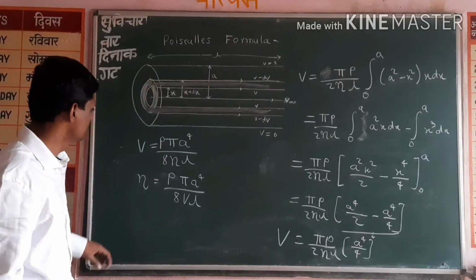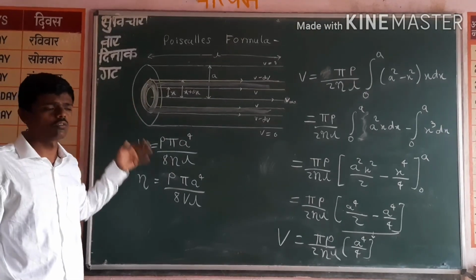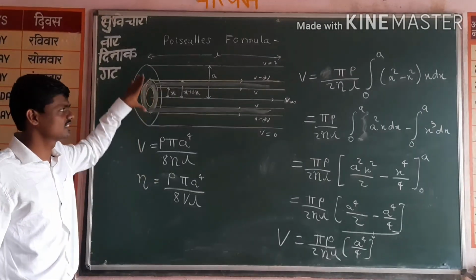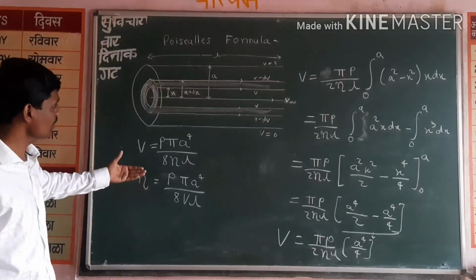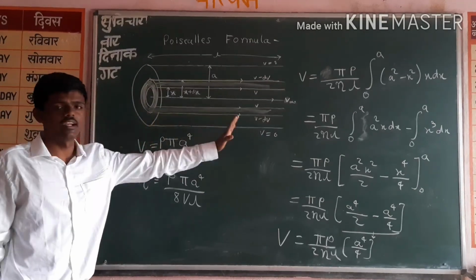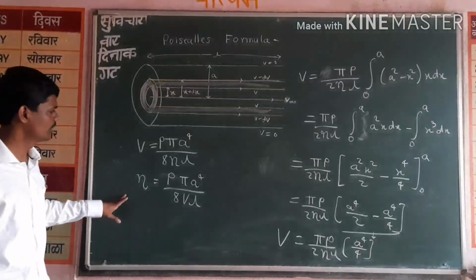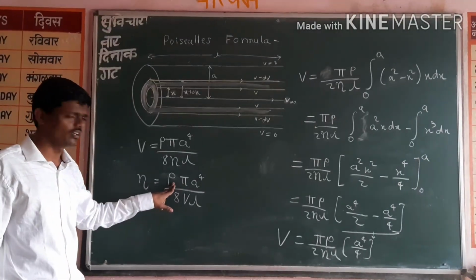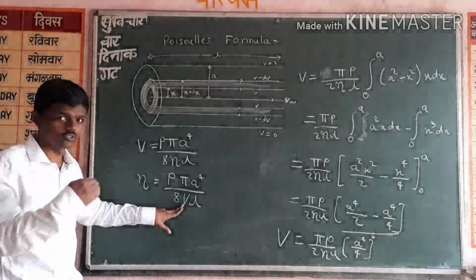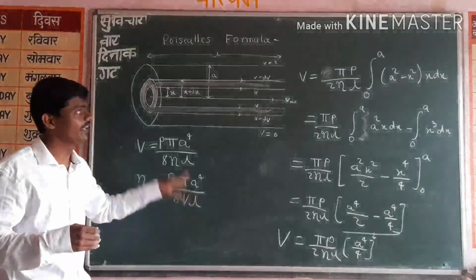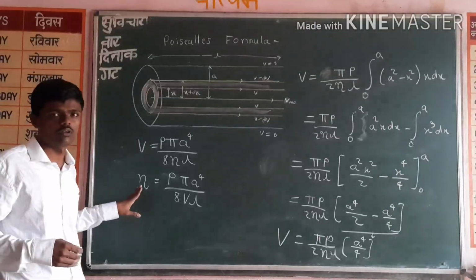Okay. So for this rate equation, we need some conditions: the flow must be streamline flow, and the pressure difference between the two ends must be constant throughout this capillary. So if we know the pressure difference, the radius of the capillary, the volume through some time, and the length, obviously, then we can find the coefficient of viscosity. This is one of your practicals.